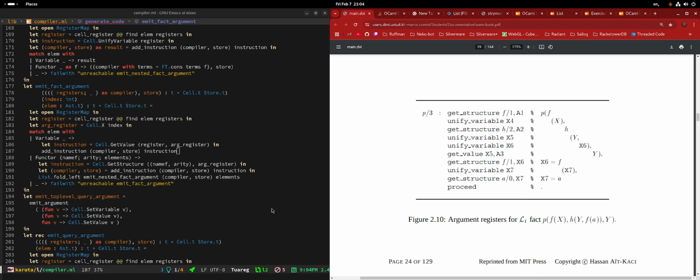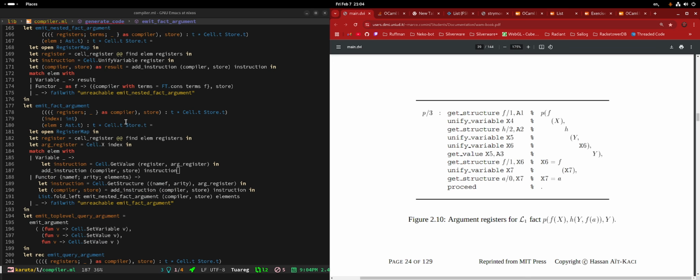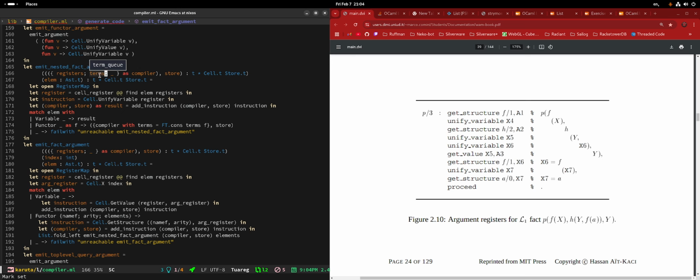Yeah, but I have a feeling these terms that we are reusing, we are using somewhere else. How do you know you're not popping something that you shouldn't? Because we are emitting the code for a fact, right? Yes. But a fact can only happen at the top level of the program, right? Also yes.